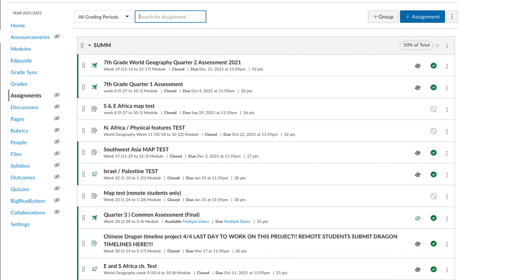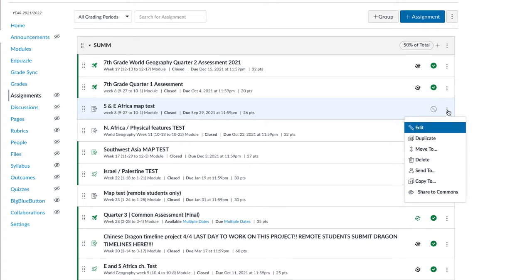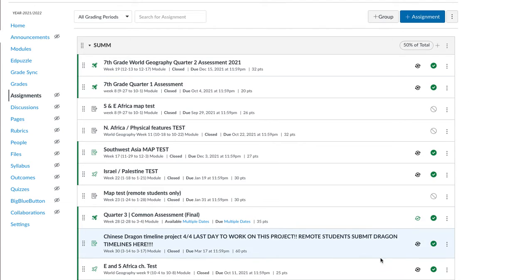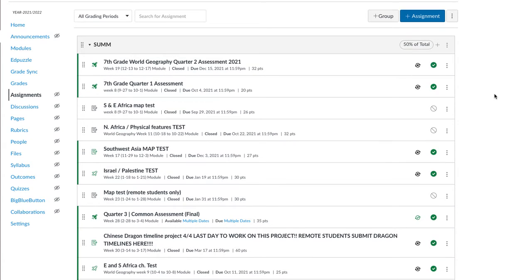To delete assignments out of your course that you know you're never going to use again, that are old, not something you're going to use, because this deleting is permanent, you can do one of two things. You can click on the three dots and delete things individually. This will take a little bit of time. There is not a way to just check a box and delete a bunch of things, but what you can